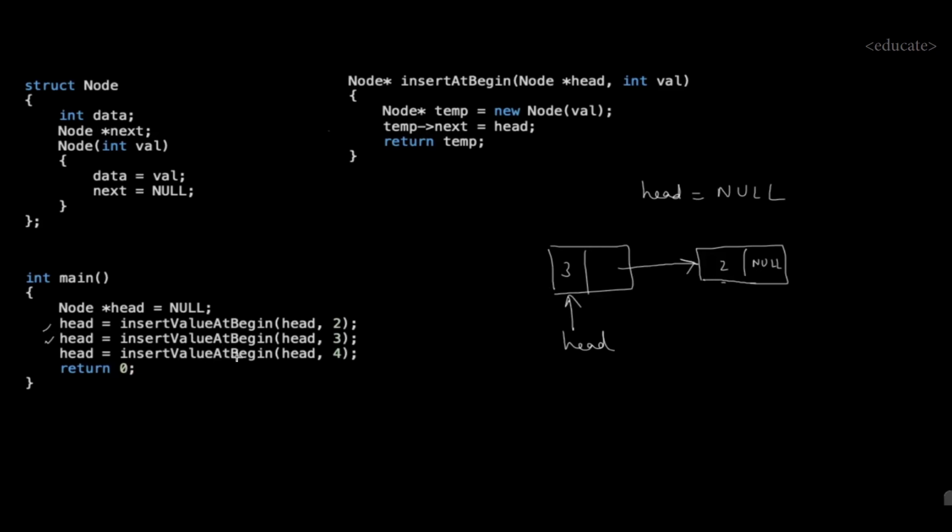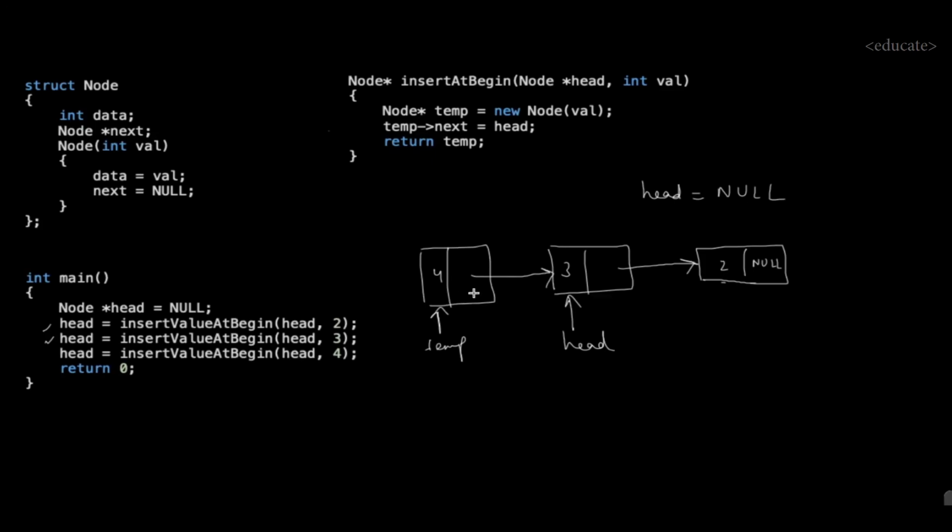Now we call insert value at begin function and we pass head and 4 as the input arguments. So here a new node again will be assigned 4, which will initially be stored as null, and temp will point to it here. Now temp of next is head. So let's see how our linked list will look like.